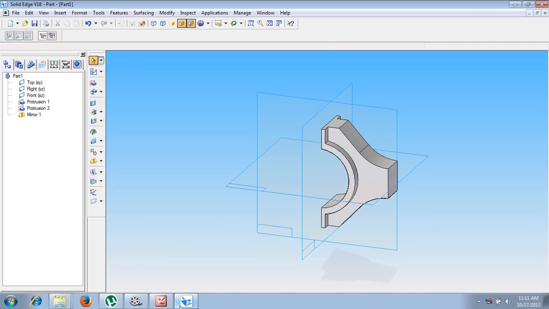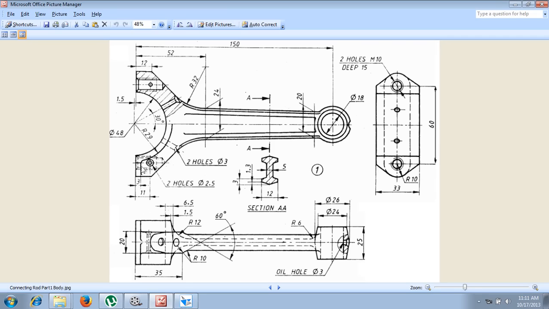Now we have completed the base feature of this part. Now you can see there are 3 holes. One is for 2 holes of dia M10. Here is 1 hole. At the bottom face there is 1 hole. After which, from the side face you can see this is 1 hole. There are 2 more holes. In the same fashion, 1 more hole is at an inclined position. We have to draw these 3 different types of holes. Now let me do holes 1, 2 and 3, and the 3 can be mirrored here, and it has a cutout in this fashion. Now let me show you how to do these things.